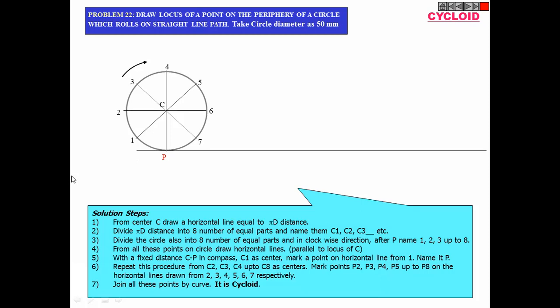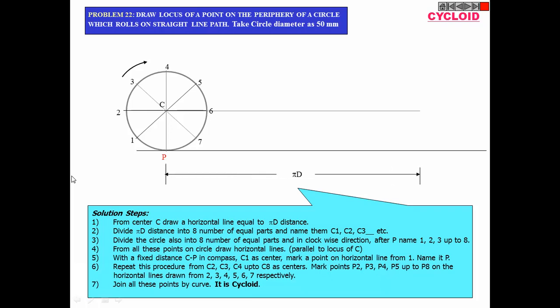This is the point about which we were talking while defining the cycloid. This point can be on the edge, as it is in this example. This point can be inside the circle also if it is an inferior trochoid, and this point can be beyond the circle also if it is a superior trochoid. That we will see later on. Now what is the next step? The next step is to draw a horizontal line from the center of the circle.